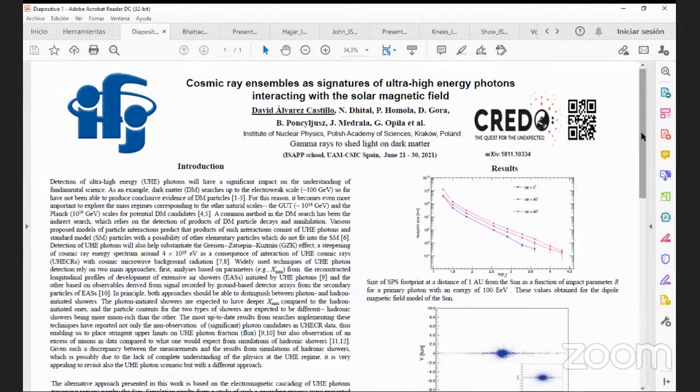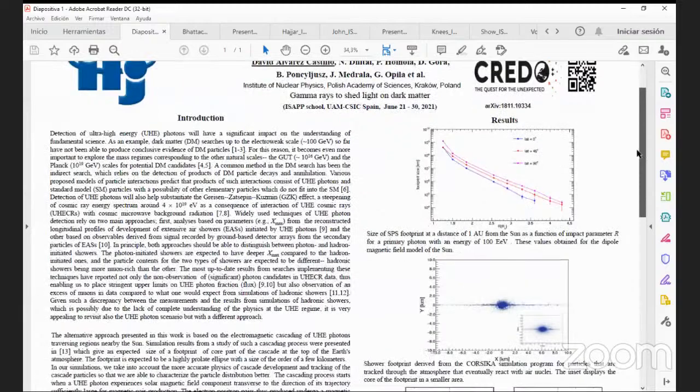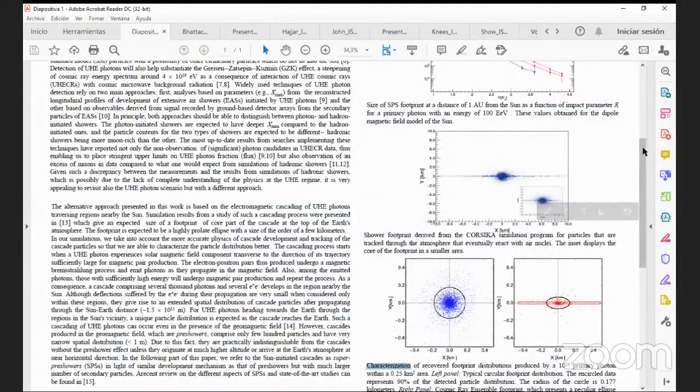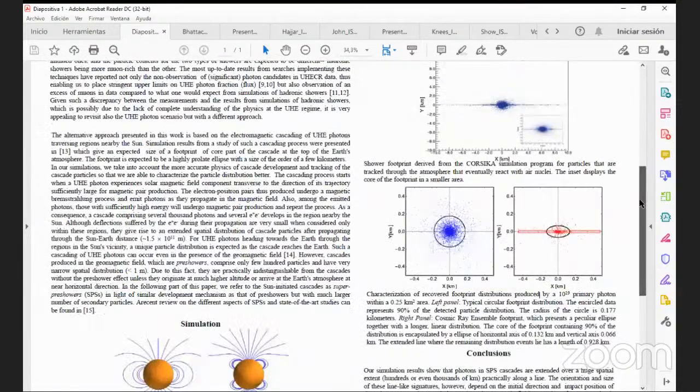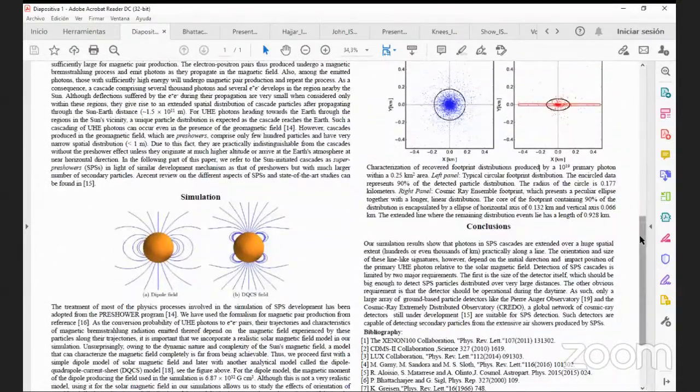If you go a bit down in the poster, we consider some equations for the interaction of these dark matter particles with the sun, and given these interactions, we could study some rates of production of these ensembles. And if you go a bit lower in the poster, we have considered two types of configurations for the magnetic field of the sun. One is very crude, the first approximation, that is the dipole field. And the second one is a quadrupole magnetic field moment.